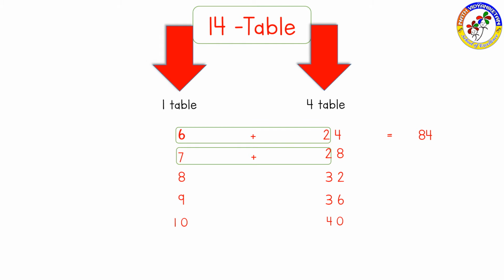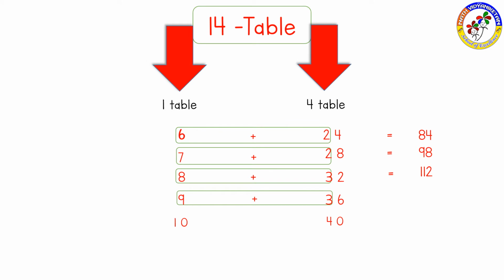Now 7 plus 2. In box 7 plus 2. 7 plus 2 is 9. And write 8 as it is. That is 98. Now 8 plus 3. 8 plus 3 is 11. And write 2 as it is. That is 112. Now 9 plus 3. 9 plus 3 is 12. And write 6 as it is. That is